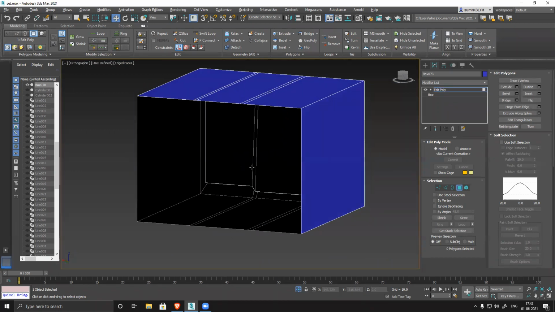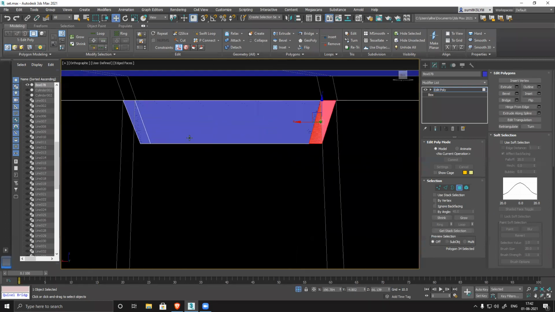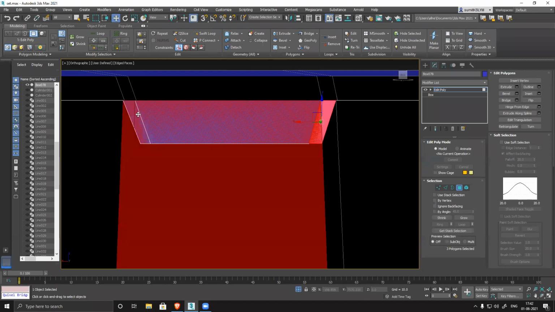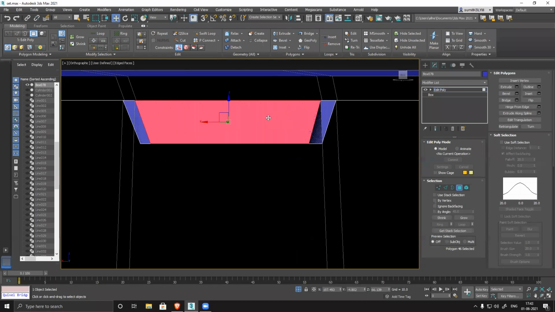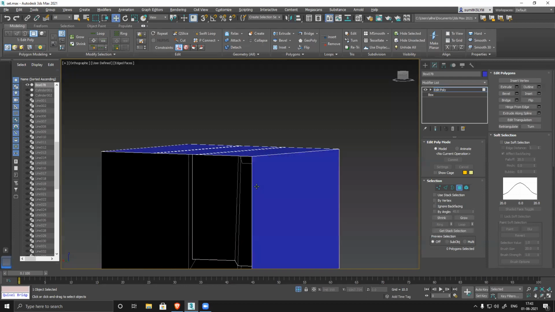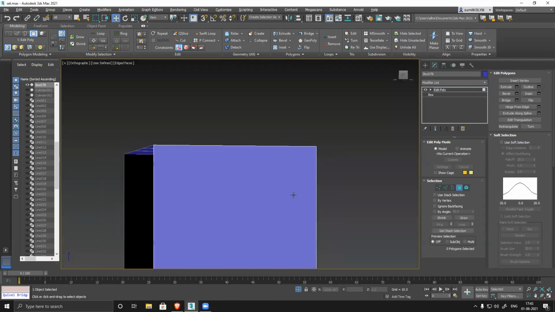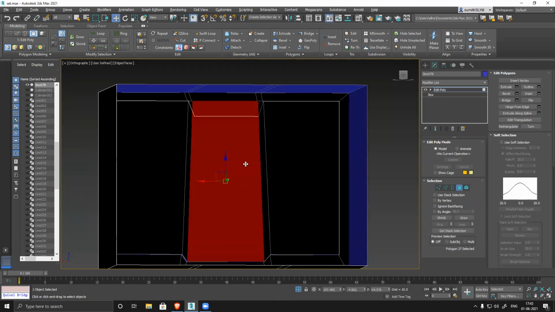Anything that is not visible, make sure to delete it. Delete, delete, delete. So I deleted that surface, but it's not required. It's not visible, so it's not required.